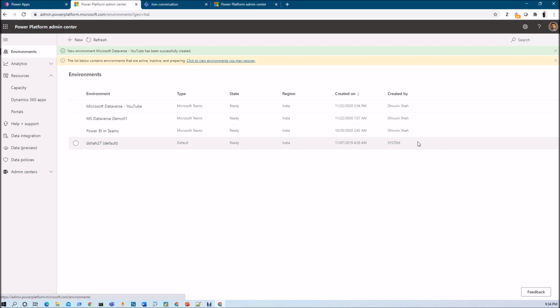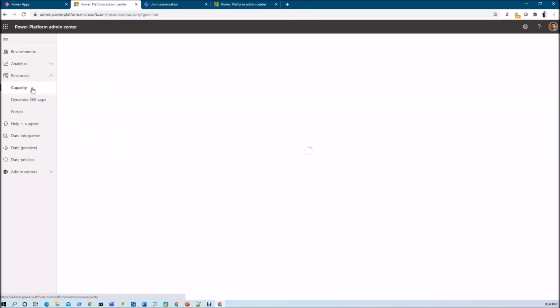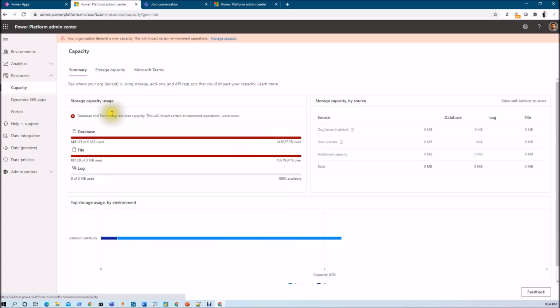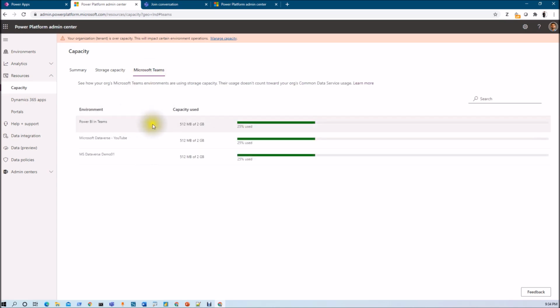So how can we check that? We just need to go to the capacity section. Here we have an additional option added, which is Microsoft Teams. We need to go there, and here you can see that for each individual team it provides 2 gigs of capacity for us.